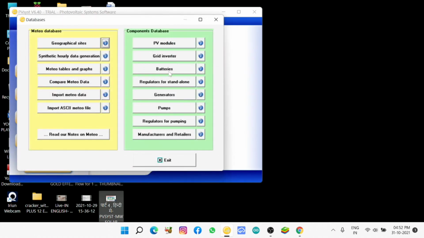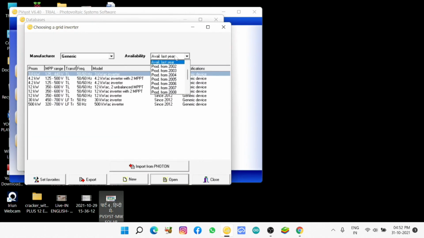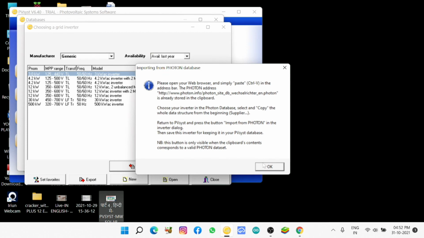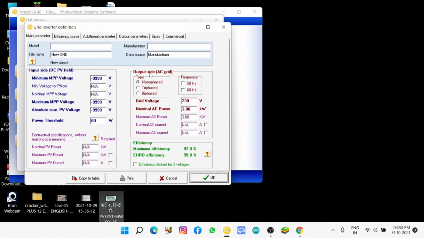If it has it in its records, it will appear there. If no records, no problem, you can put it in by yourself. Save the project. The panel layout, everything, you can get from here.